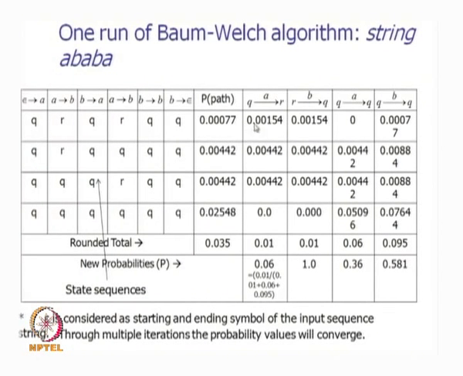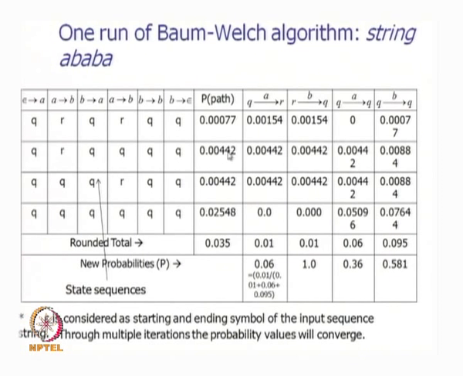So, we have to multiply the probability of the path given the observation sequence, which is 0.00077, by 2, and get the new probability of Q to R on A with respect to this state sequence and this observation sequence as 0.00154. We have to get this expected count through the computation over all the states. So, 4 such state sequences are possible. Here the probability value is